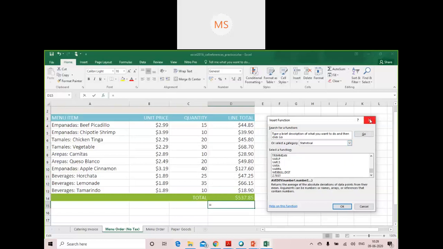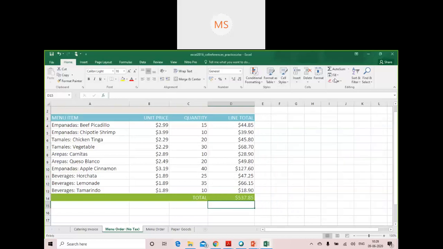Okay, so rest apart, first I am going to make use of average. As we have made use of sum, now we are going to make use of average. When you click on average here, what happens? The average will be inserted into the cell which you had selected. Now it is selecting the cell reference from D4 to D14. But I don't want to get the average of D4 to D14.